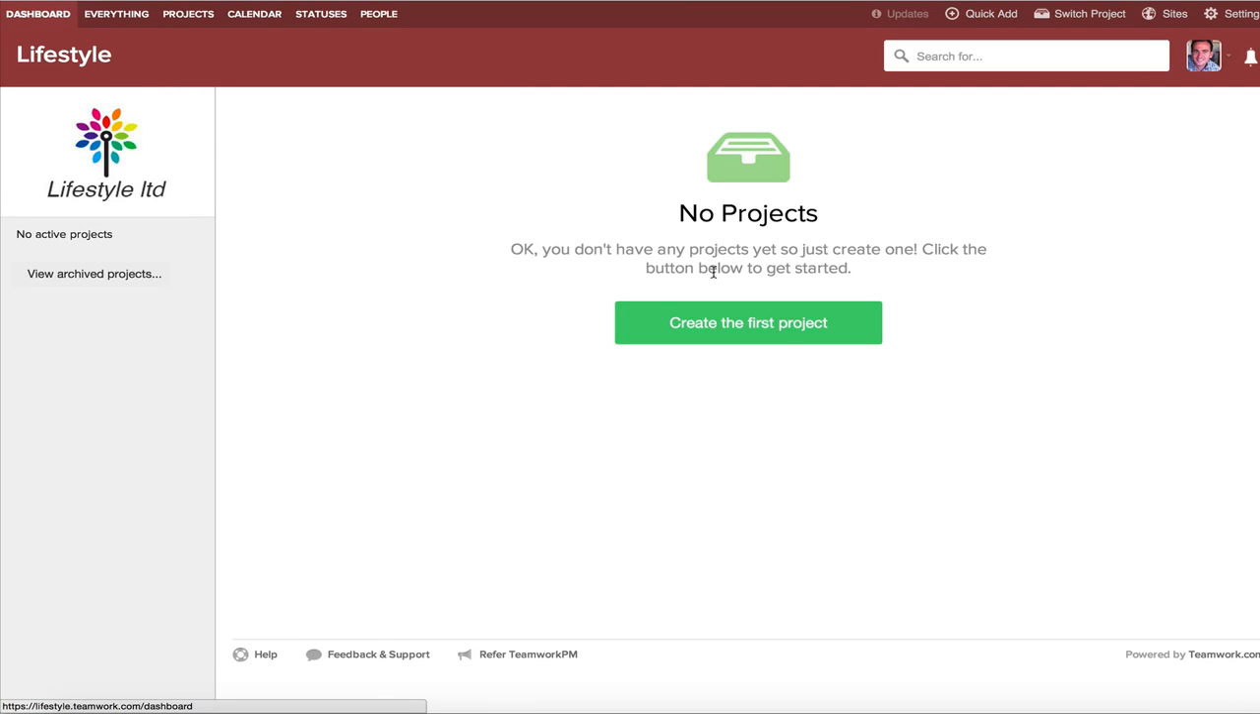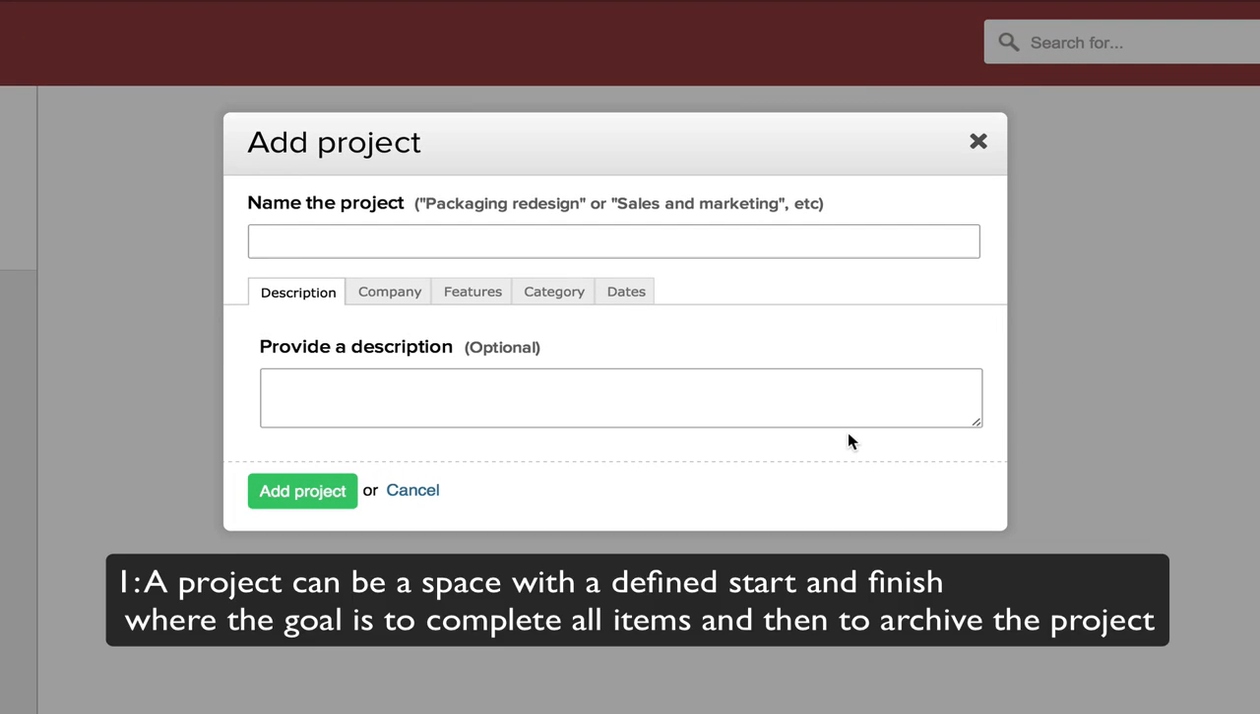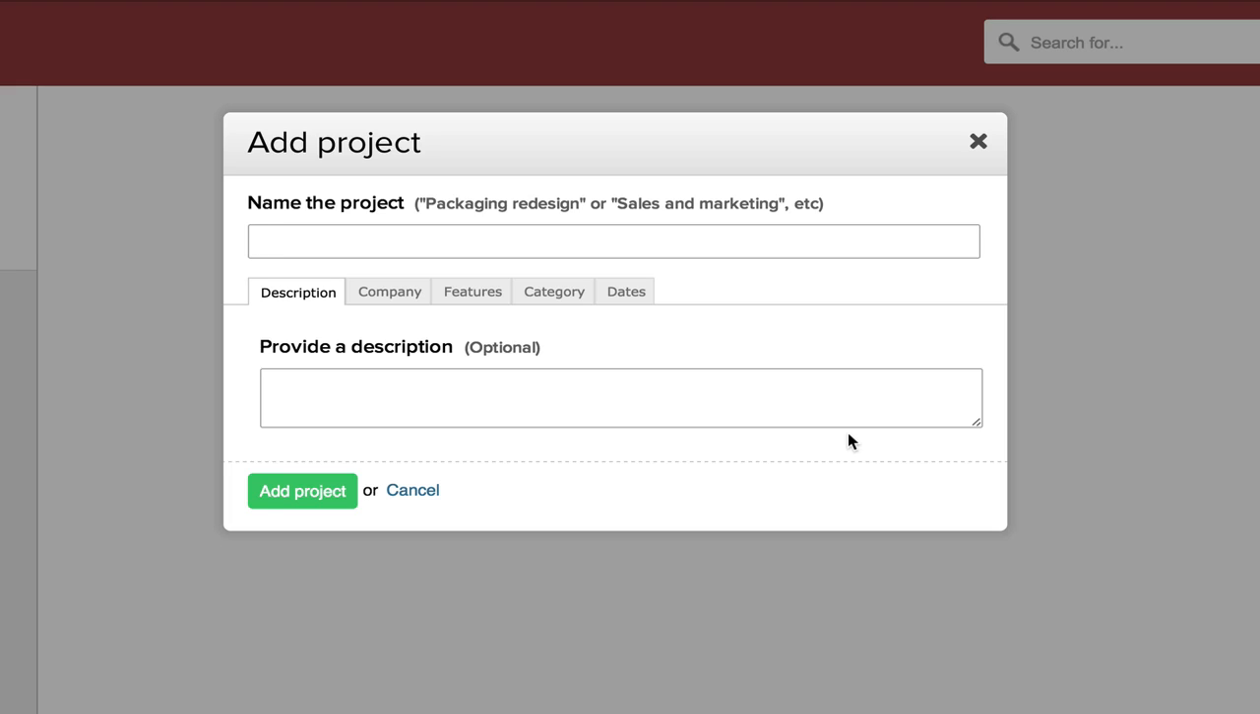So the next thing to do is create your first project. So you can look at projects in a number of ways. One is a project can be something that has a defined start or finish. So you work your way through all the tasks that you have. When you're finished, you archive the project. And the second way is to look at a project more like an ongoing workspace. So you could create a project for something such as sales and marketing or accounts, all sort of like processes